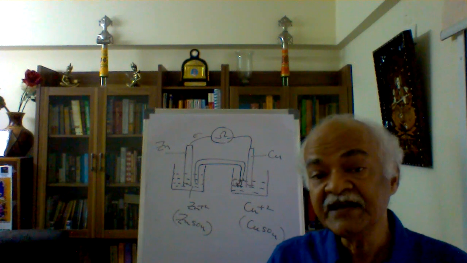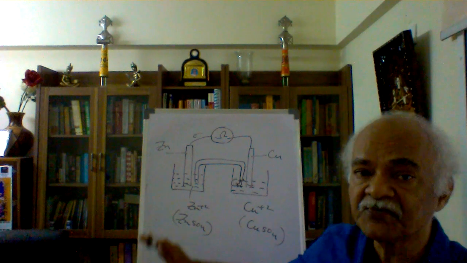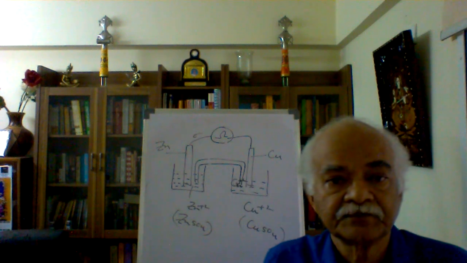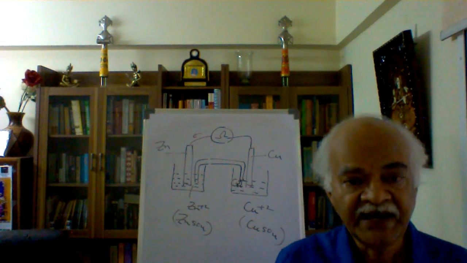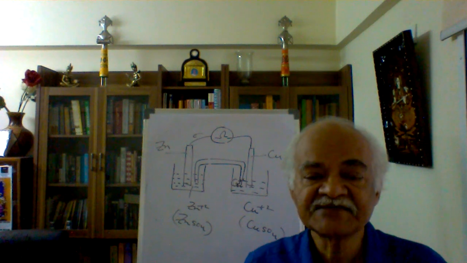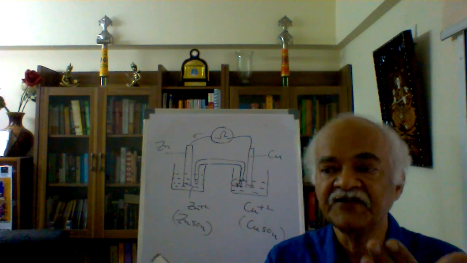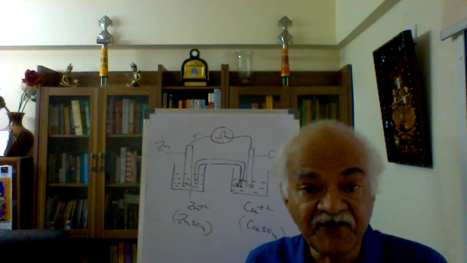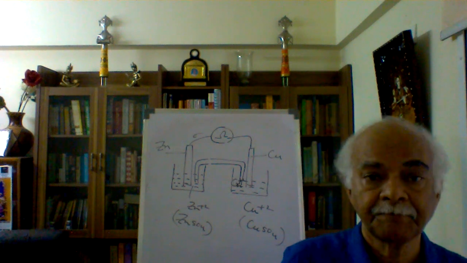Therefore, there is again a gradient for the electron movement. Electrons are moving from this zinc to copper system. And to identify the electron movement, we must have some measure, some quantity by which if I refer to that quantity, I can tell whether we can construct a galvanic cell with these two specified half cells or not.